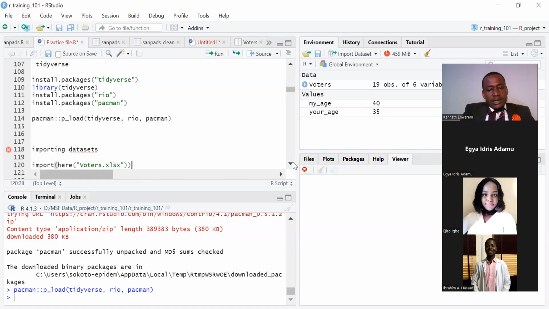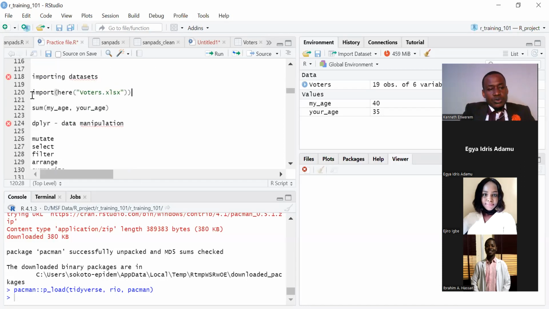So this function here, I just wrote, I'm telling R to import something. Here means I'm telling R that the data set is located in this directory. And then I write the name of the data set, which is voters. I write what type of file it is. Voters is an Excel file, so that's what this xlsx means. And then I put everything in quotes. And then I close my bracket. If I run this code,